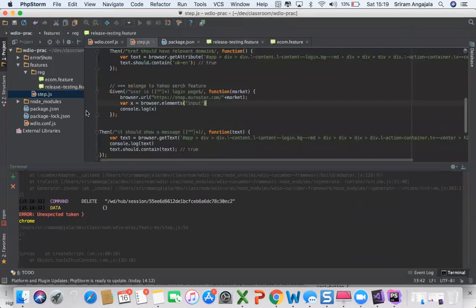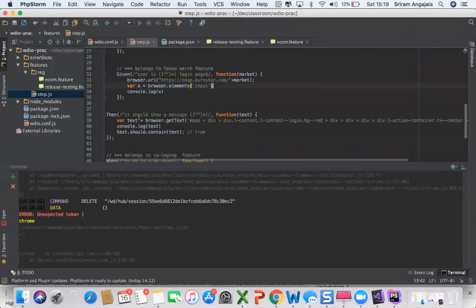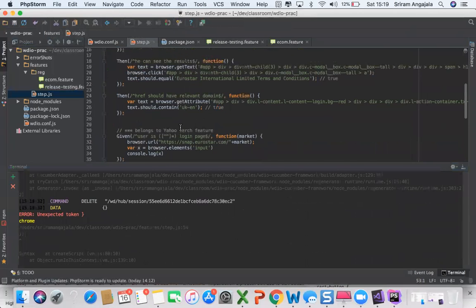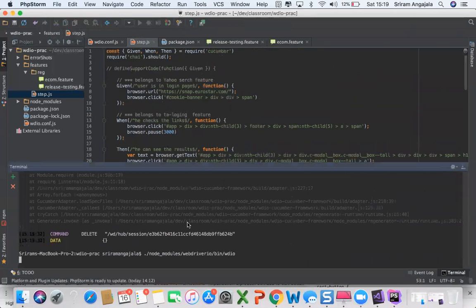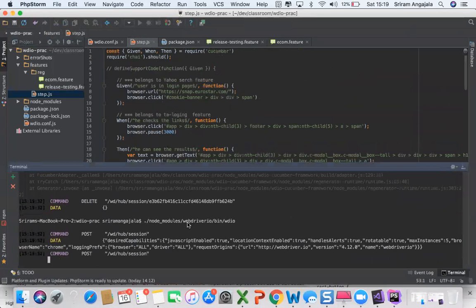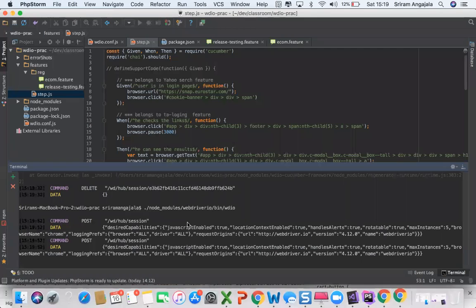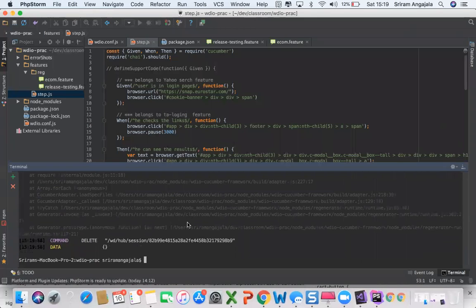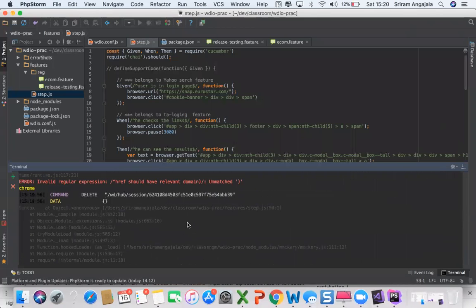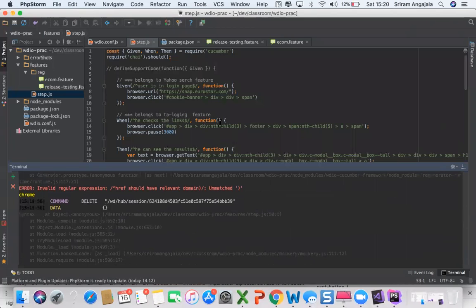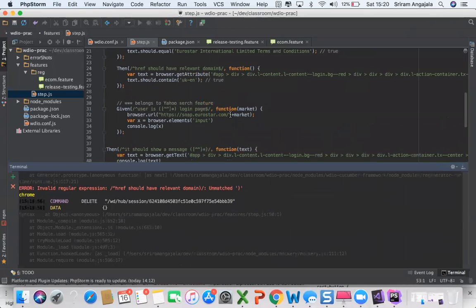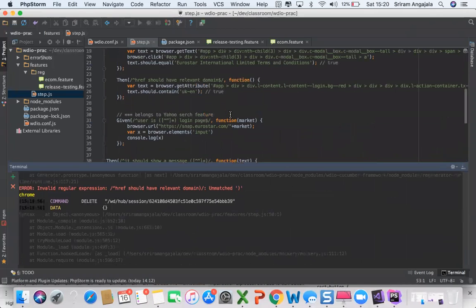Step 54. What is the problem? Okay, let's see what happens. We will just need a count. Okay, so now, oh, href, invalid regular expression. Okay, href should have, oh,